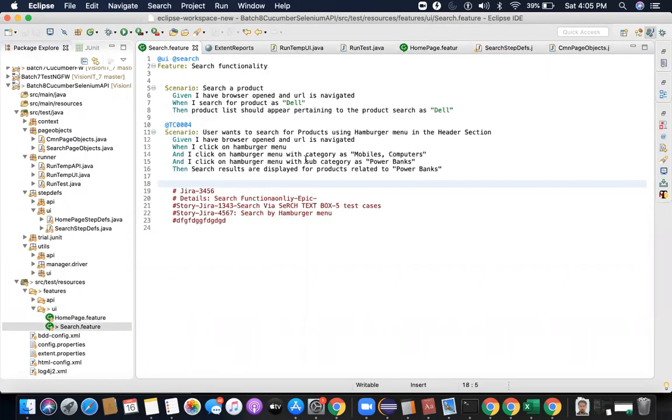Yeah, we did not create such a test case in the UI as of now, but we will surely be creating one. So that's how I would demonstrate how to use scenario outline. That would be similar to a data provider in TestNG, running the same test case for different data. That is what I'm trying to say.